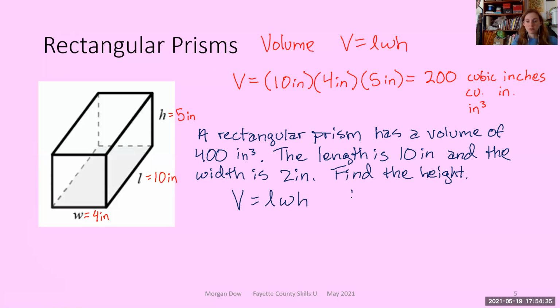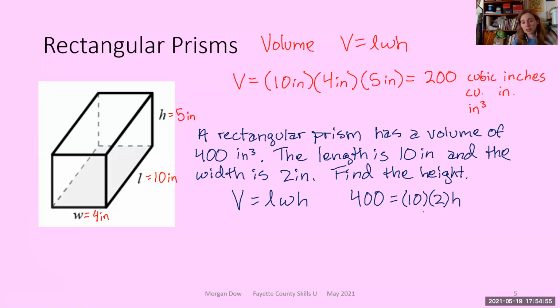So I know the volume is 400 cubic inches. I know that the length is 10 inches. And I know that the width is 2 inches. The height is unknown. I don't know what the height is. So I need to solve for the height. I need to figure out what the height is. Well,